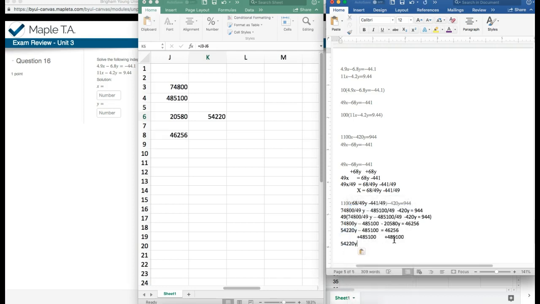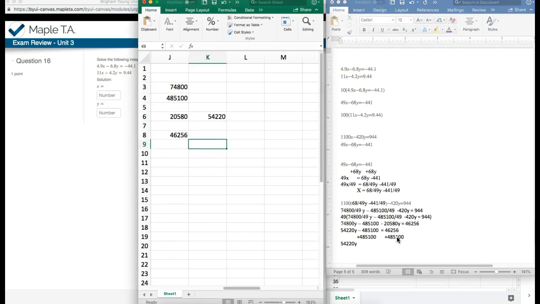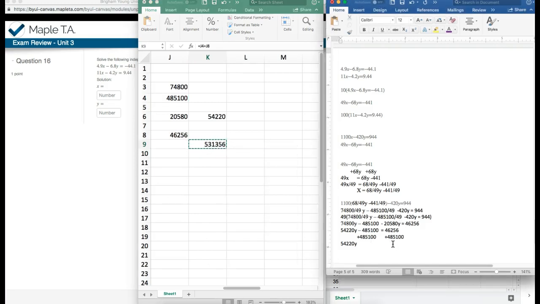And then on the right-hand side, we're going to add these two together, and I have them over here, so I can just add those together with Excel. Just double checking those are the two. I want to add this one and this one. So equals this plus this, and then I can just copy and paste that down here. And then to continue solving for y, we'll just divide everything by this